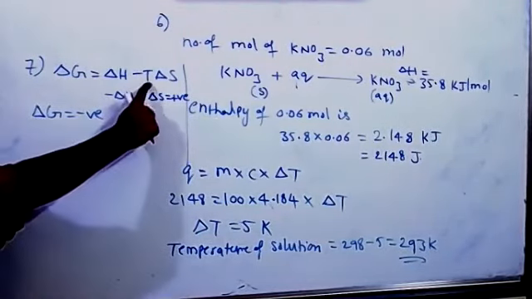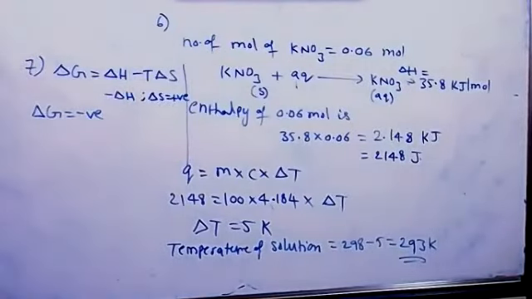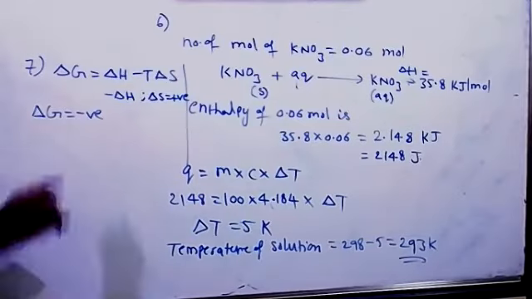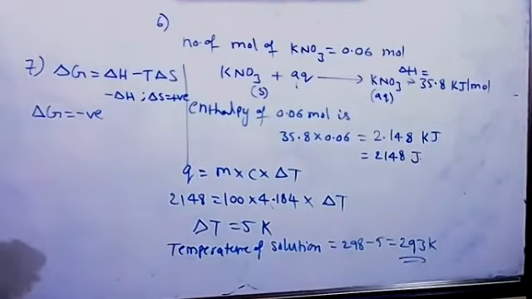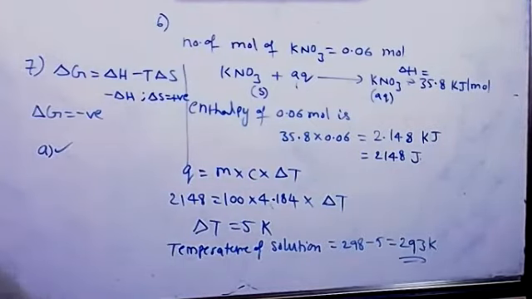At any temperature, if delta H is negative and delta S is positive, delta G becomes negative. Check whether that option is there or not. Delta G and delta H should be negative. Okay, that option is not given. Anyhow, for the reaction to be spontaneous at all temperatures, delta G and delta H should be negative. That's also fine. Delta G negative and delta H also negative is also accepted. Seventh one, A. Okay, just wait. I will explain this in tabular form.